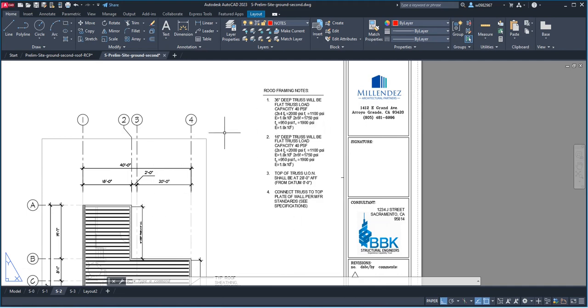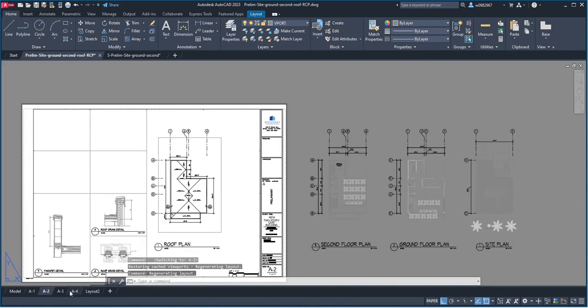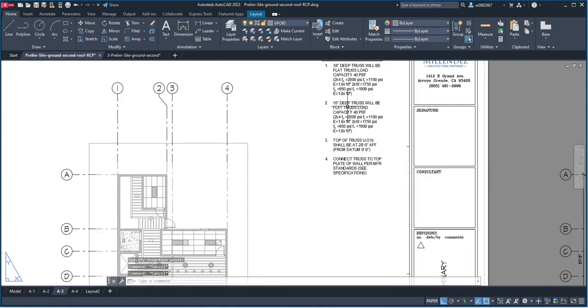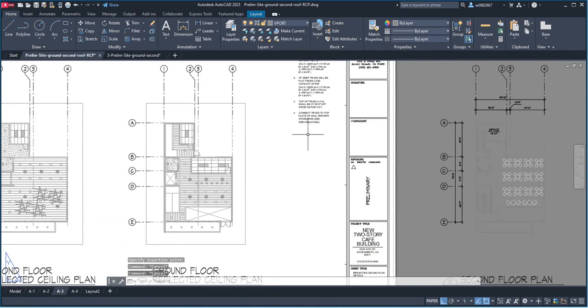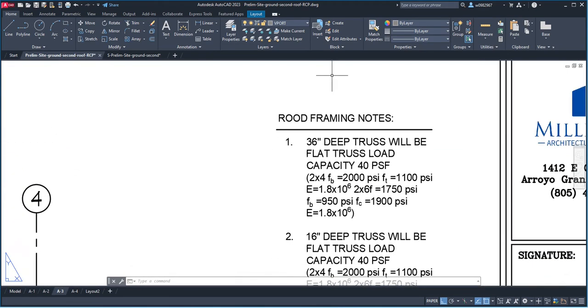Okay. Now as you can see, the letters style is different from our architectural. But in architectural, you can't leave it different. So we're gonna simply copy it and then make sure that it matches our architectural font, which is the architect's font. Okay, so to do that, we simply